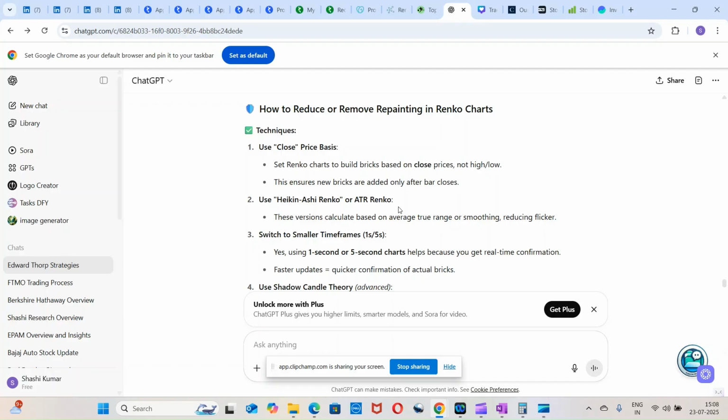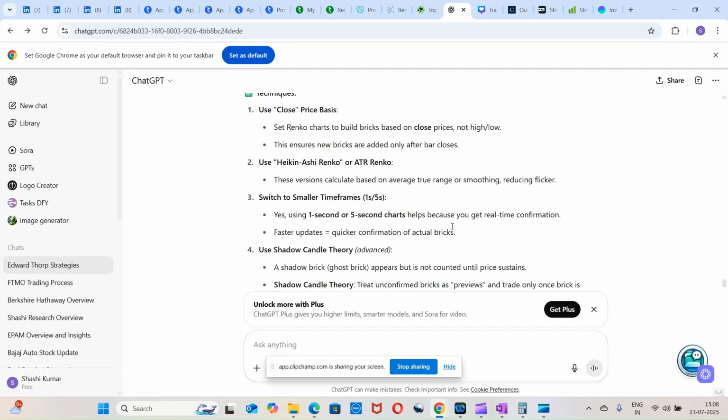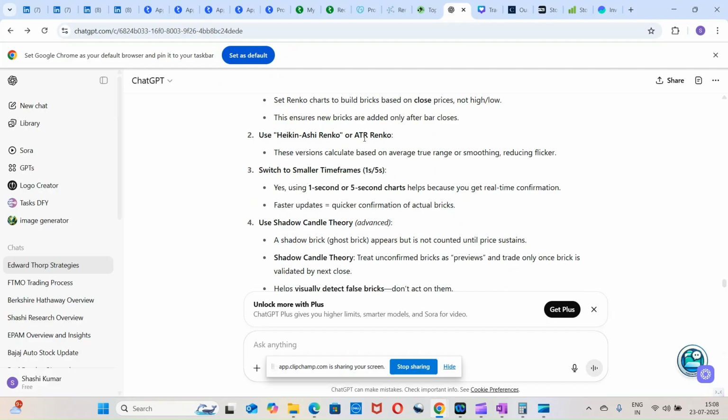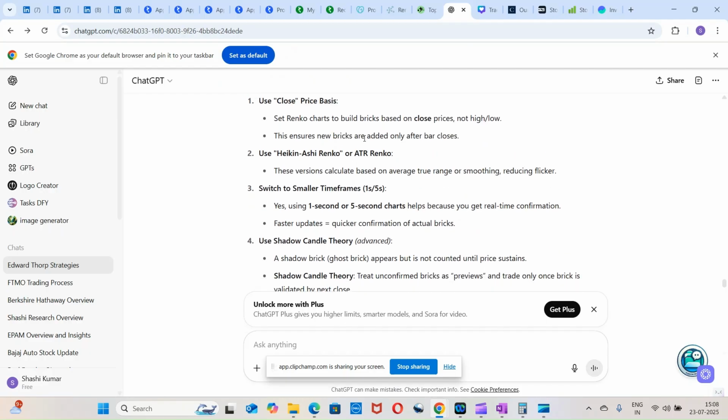You can also use ATR Renko. ATR Renko calculates the bricks based on average true range or smoothing, and it reduces flicker. Or you can use Heikin Ashi Renko also, and you can switch to smaller time frames like 1 second, 5 second. Once you switch to 1 second or 5 second, you will get real-time confirmation. Faster updates and quicker confirmation of actual bricks would be there. So switching to smaller time frames you could do, or you could use ATR Renko or close price basis. You could put the price basis as close to reduce the